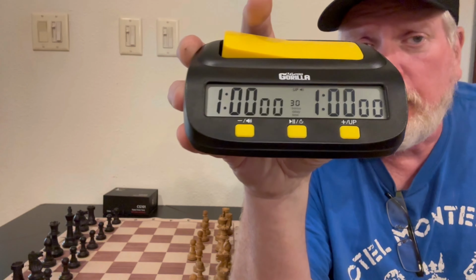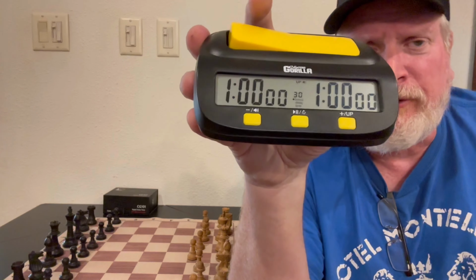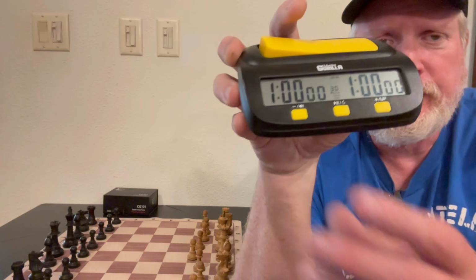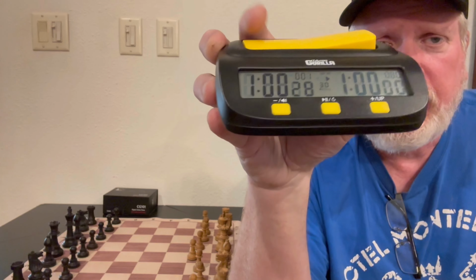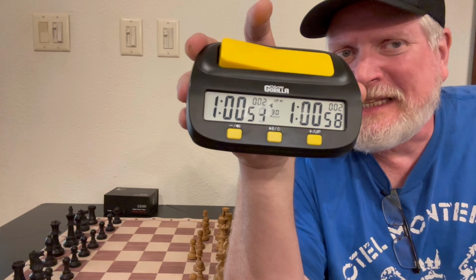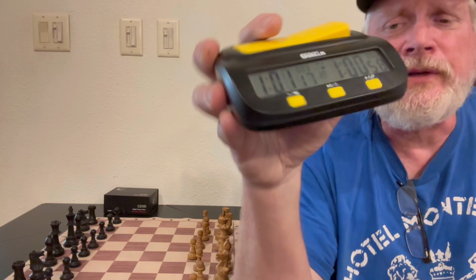But watch now, just like the little Leap 9907s, it doesn't add the increment from first move. So when you hit it, it just starts counting down. Well, wait a minute, I got the play pause button. It just starts counting down. Now it'll add the increment second move. So what you got to do is, if you want this one, like the tournament yesterday was G60 with a 30-second increment, you would have to,